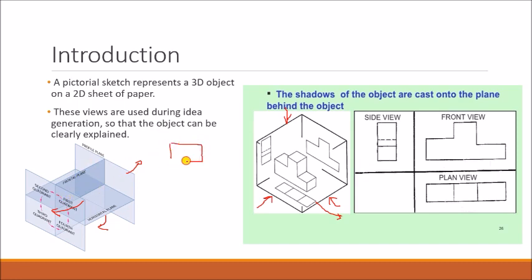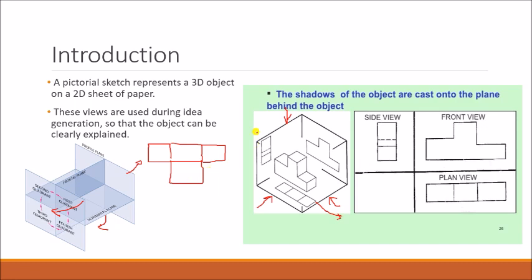So this will be your front plane or vertical plane, this will be your left plane, here this will be your right plane. Okay, and just below the front plane is your top plane. So once you open these planes, 1, 2, 3 and 4 planes, you will get these like this. Front view is drawn here, right view is drawn on the left plane, left view is drawn on the right plane, and top view is drawn here.